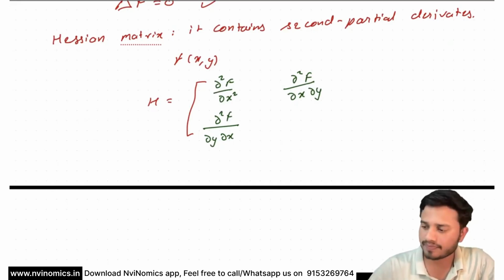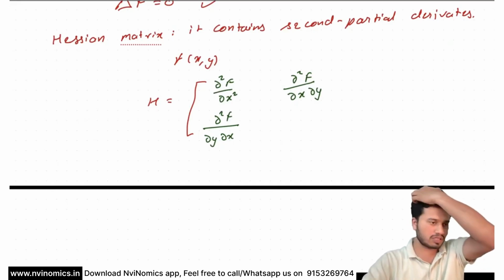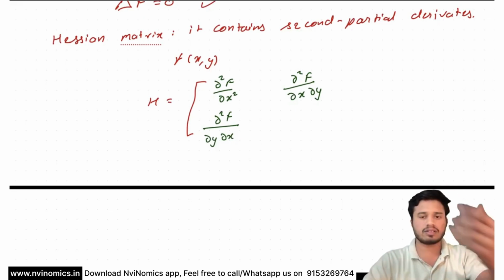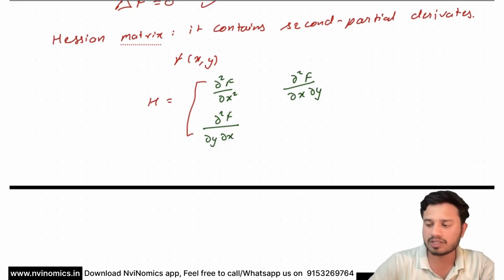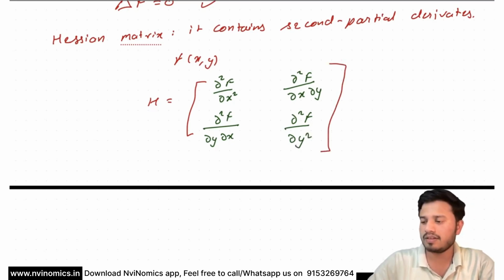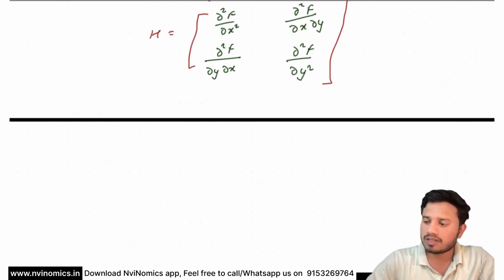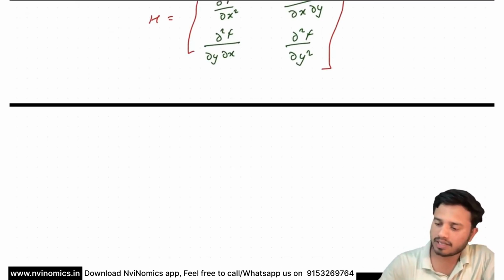These both are equal. It has to be symmetric. I cannot talk about positive definiteness or semi-definiteness of a matrix if it is not symmetric. Okay, d²f by dy². So the second derivative tells you that if